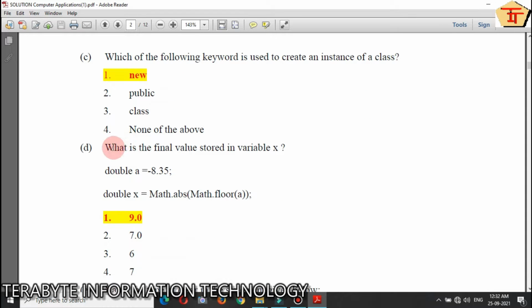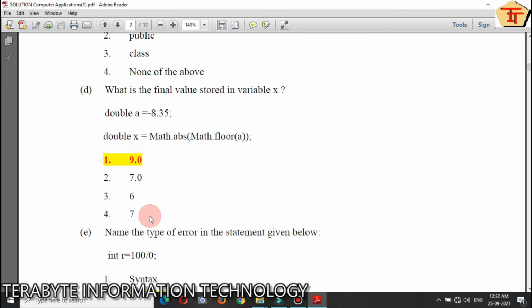Next question: what is the final value stored in variable x? As it is given minus 8.35, floor will give you minus 9.0, and due to ABS it will convert it from negative to positive. So number 1 is correct.